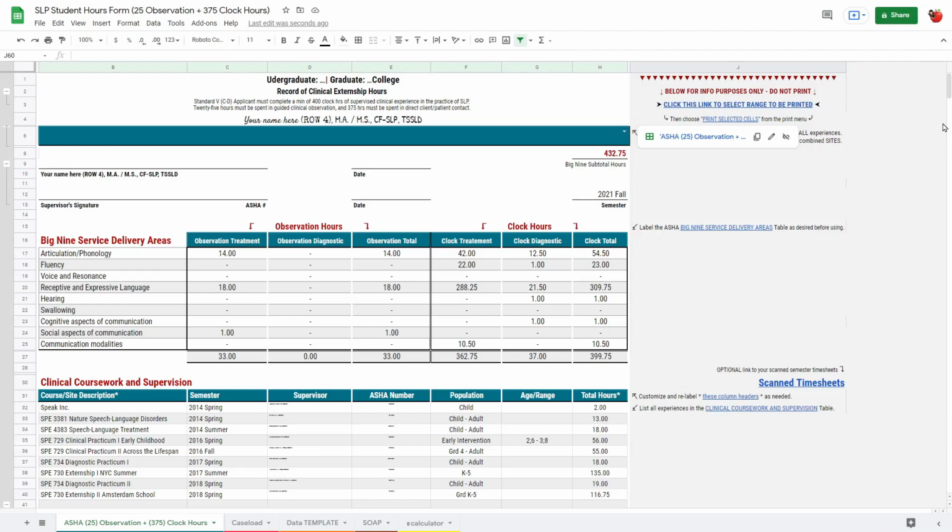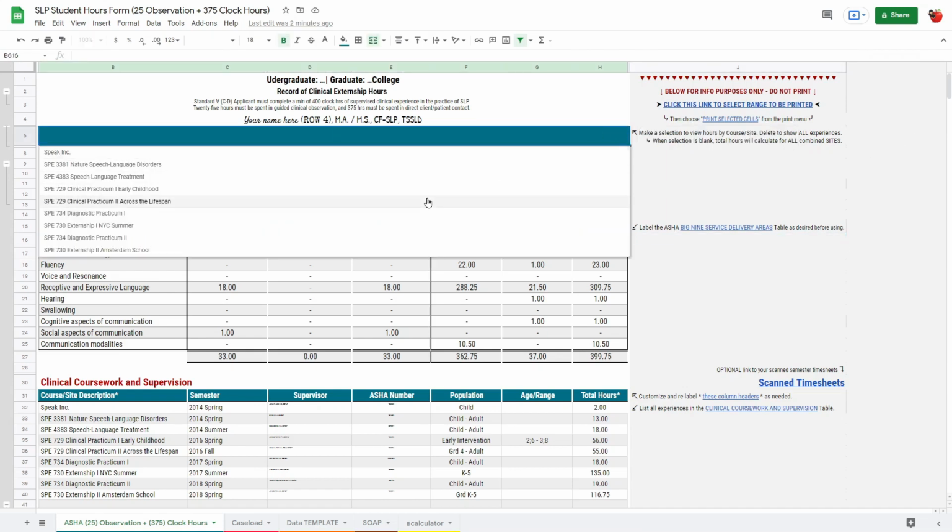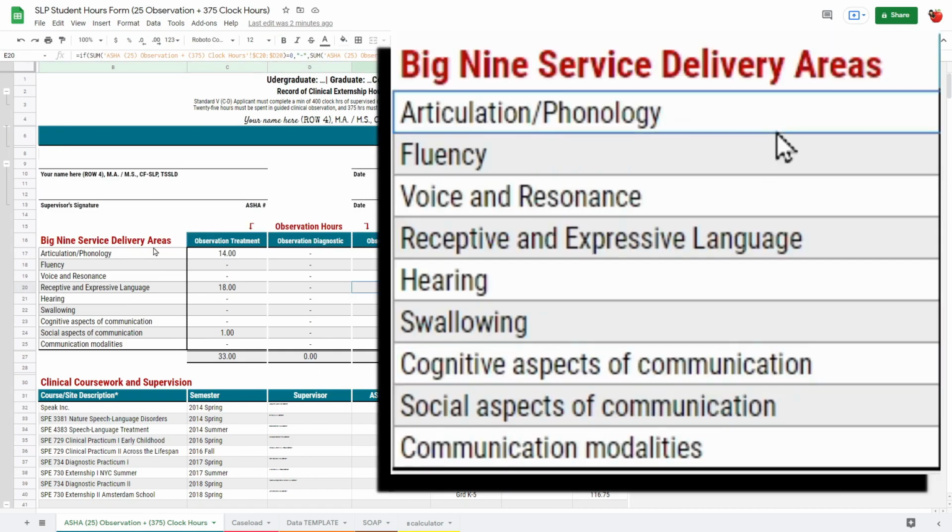Welcome to the SLP Student Hours Form for undergrad observation and grad school clock hours. This sheet allows you to capture all of your hours in one place using a bunch of drop downs and 3 different tables. First is the Big 9 areas, and you can edit this section to show the names however